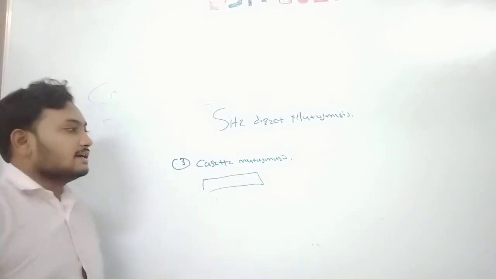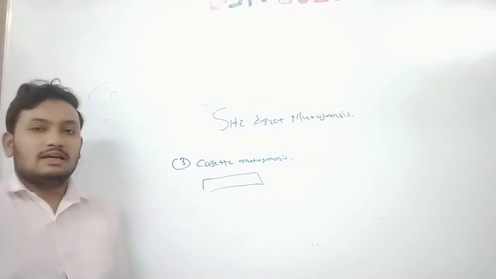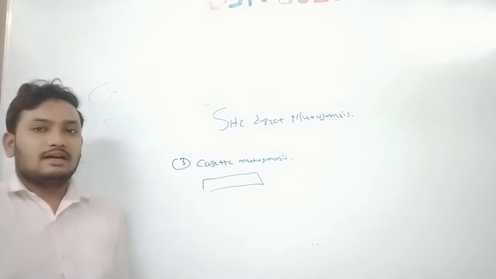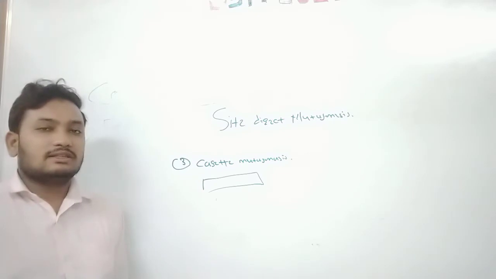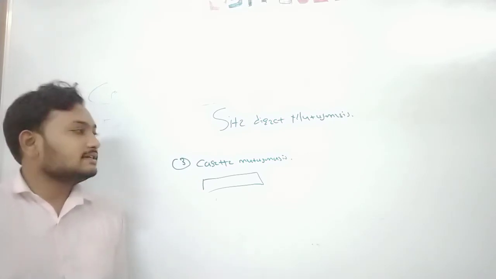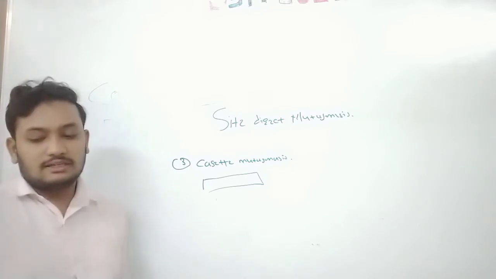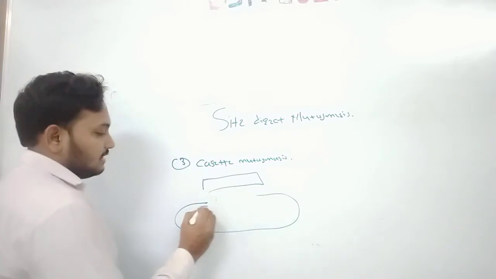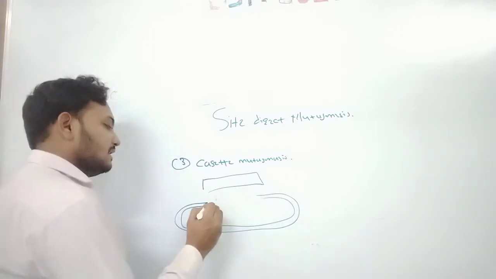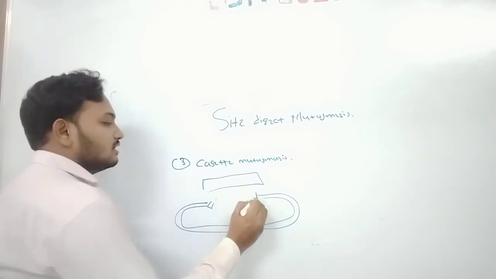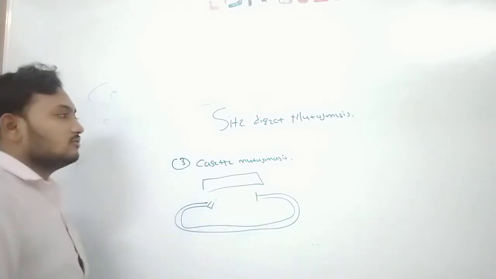The same way, this is a cassette. This particular sequence is specific to a particular protein. After transcription and translation, the protein is expressed in the particular organism. This is cassette mutagenesis. How does cassette mutagenesis work? The particular DNA sequence contains a site for ligation, and we introduce specific sequences into that site.